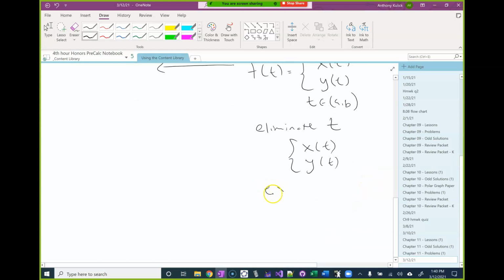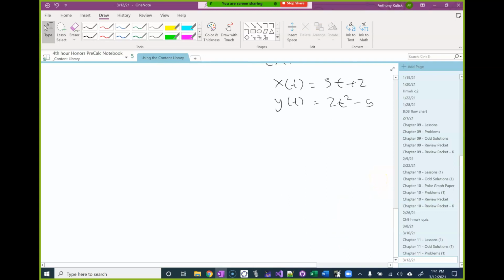So for example, if we had x of t is like 3t plus 2, and y of t is, I'm sorry, 2t squared minus 5,